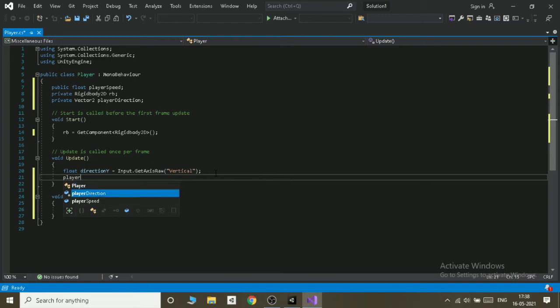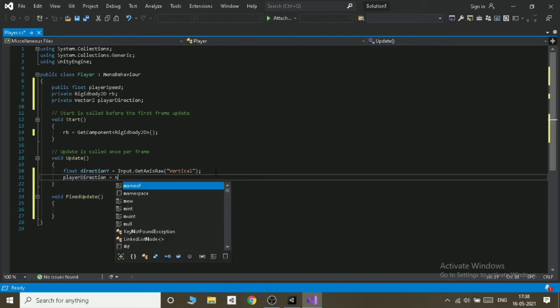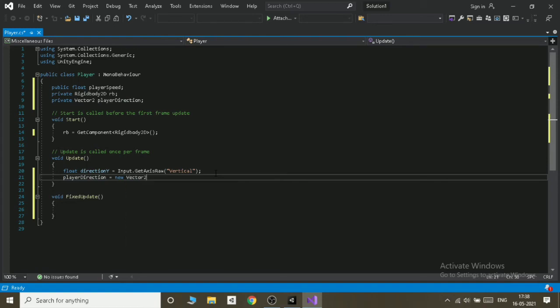And now we will write playerDirection is equal to new Vector2.